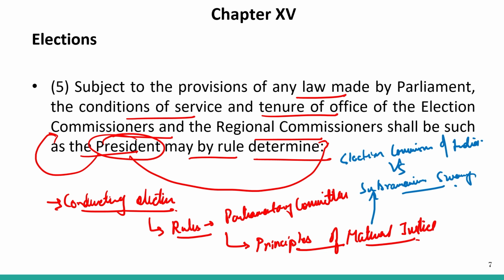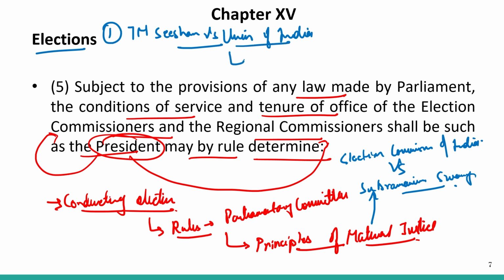Okay. Now, one more important point for your remembrance, and that is important if you talk about the case laws in regards to the elections. There was a case with the name of T.N. Seshan versus Union of India, which suggested that the Chief Election Commissioner is almost the same as an Election Commissioner,